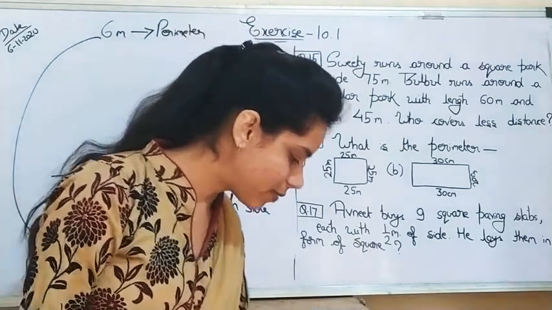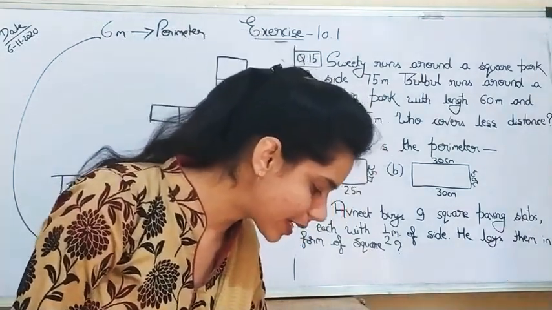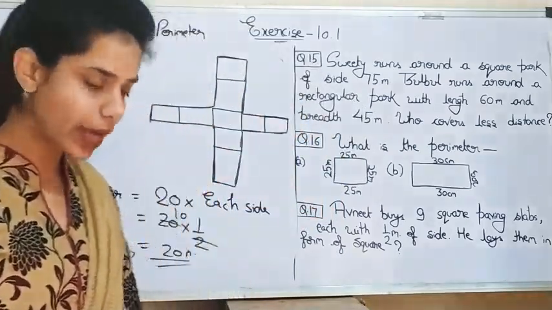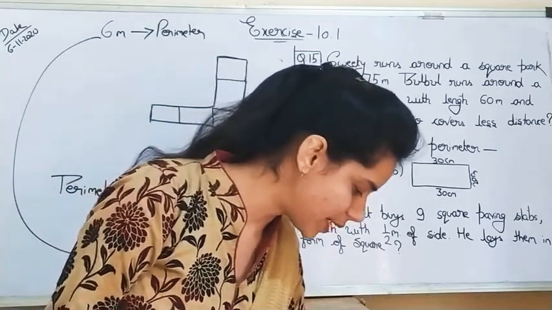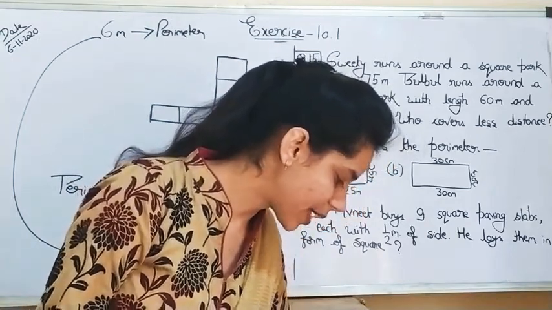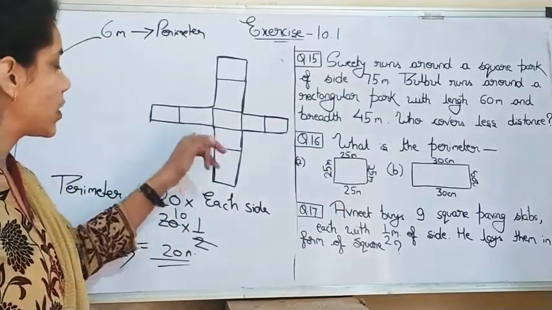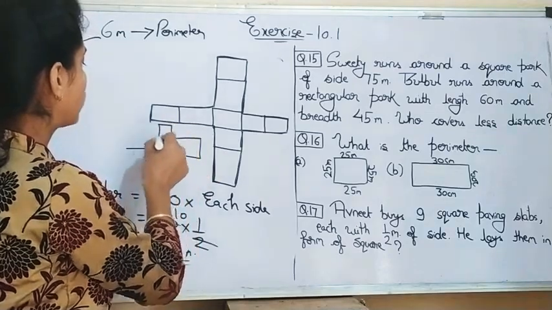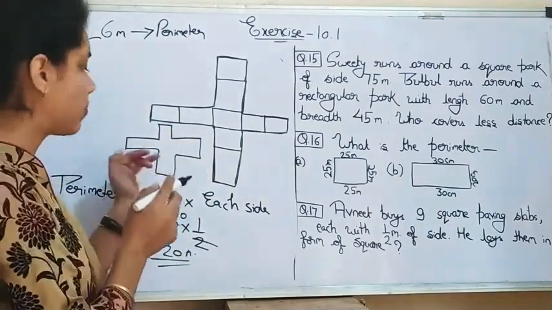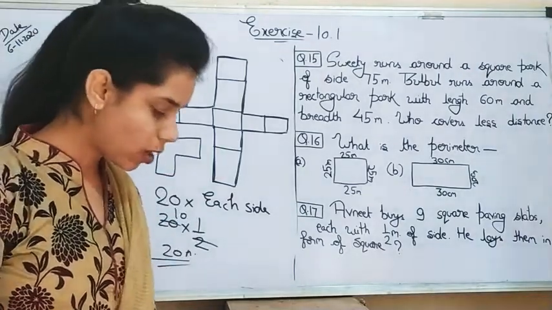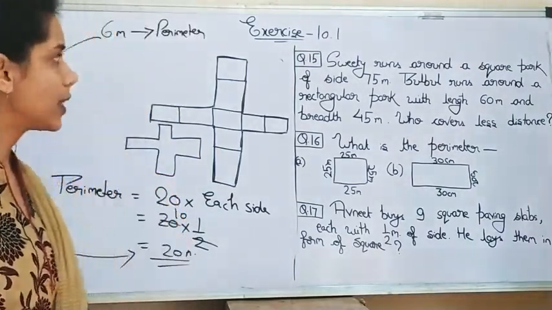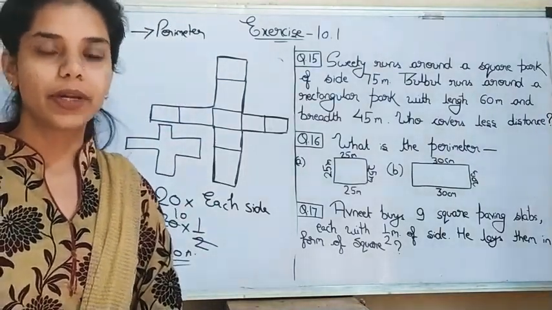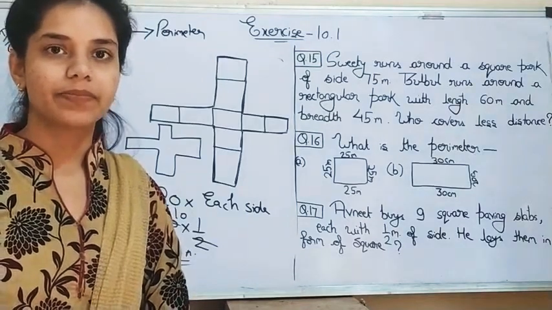Now D. Avneet wonders if there is a way of getting an even greater perimeter. Can you find a way of doing this? So this will be homework. The paving slabs must meet along complete edges. They cannot be broken. They should be like this: if I start from here, I have to end here. It should not be broken. So that part will be homework. Do it by yourself. Okay. So in this way we have finished this exercise. I hope you understood all the things. Complete your notebook. I will check. Thank you.